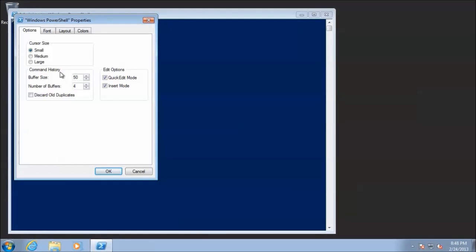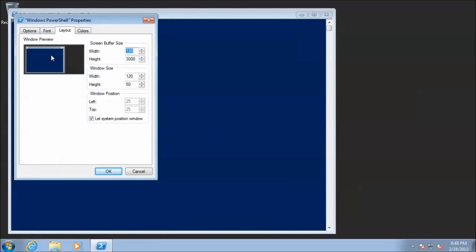And what I want to do is to make the console window fill my screen. So I'm going to go to Layout, and as you can see, it gives you a preview of how it's going to be displayed. And I would also like it to start at the top left corner of the screen. So if I adjust the height, I want it to be within the screen. I'll try 54. And for the width,